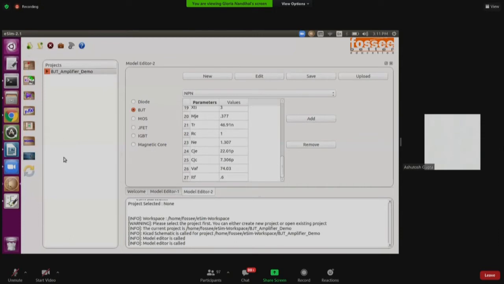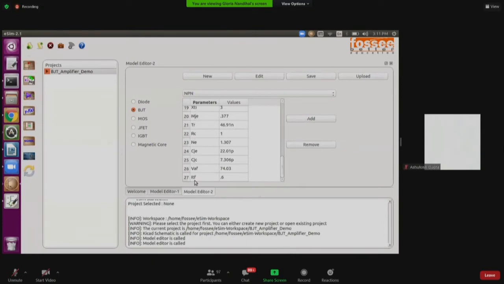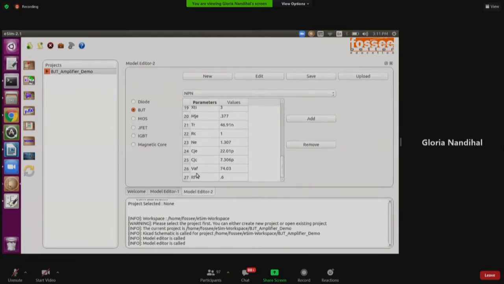Also, while you're entering the name of parameters, is it case sensitive? No, it's not at all case sensitive. This is a template, right? The team has already shared these values, like they have built it. So these are the minimum parameters. It is not at all case sensitive. Even if you see here, it's not required to write 10 raised to minus 12 or exponential minus 12. It's fine. No need of editing the parameters. The parameters are already fixed. Either you can add or remove them. The only thing you need to do is change the values.